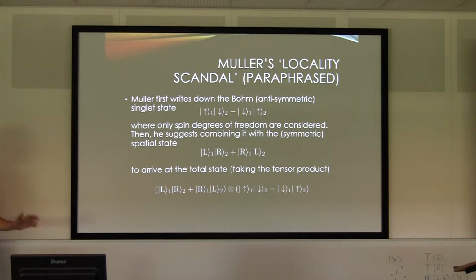So I'm not sure if Fred intended it this way, but there's something weird going on here. Usually, in the context of EPR Bell experiments, when we write down this state, we mean that we have one particle under control of Alice, who's for example on the left, so that's particle 1 here, and one particle controlled by Bob, say he's on the right, particle 2 here. So this would then mean particle 1 is on the left and particle 2 is on the right. If you look at this final state,